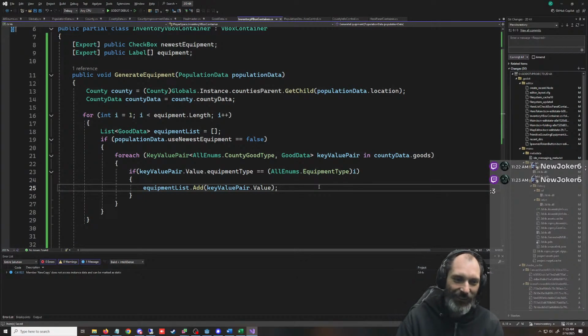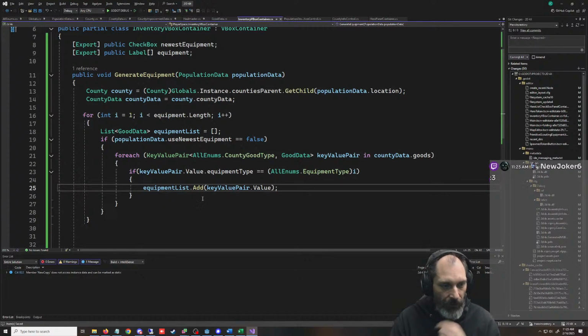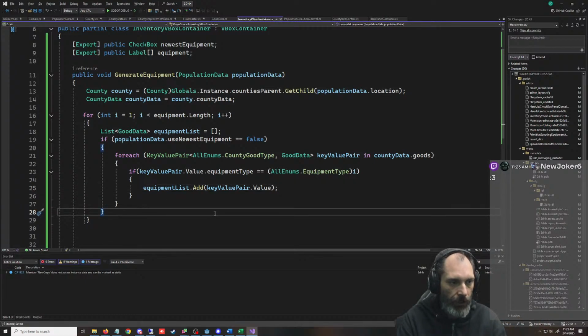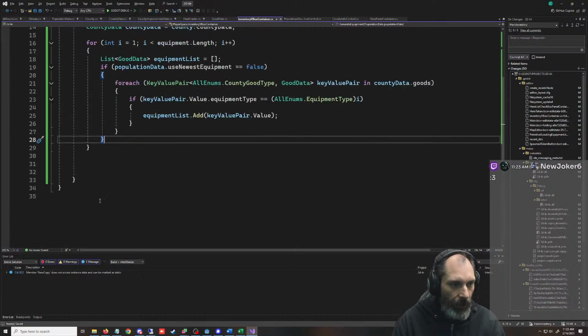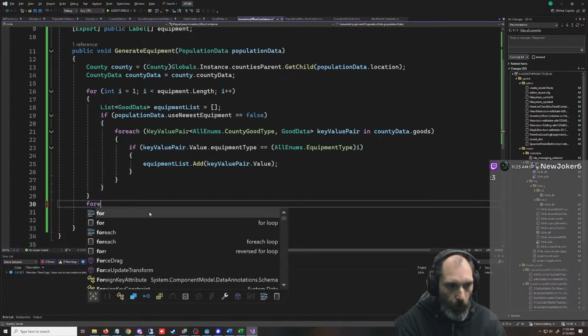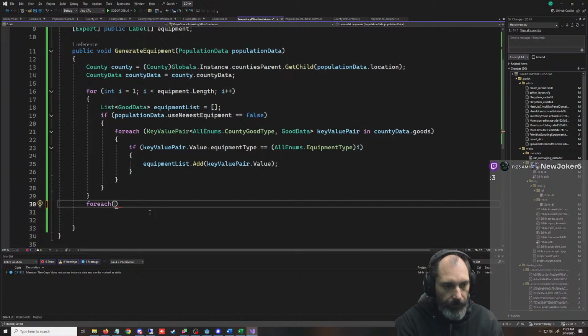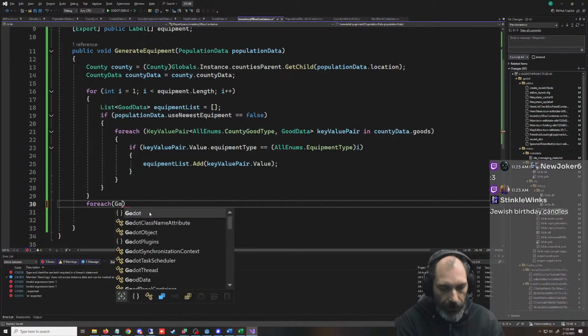The three one. So then we have this equipment list. And before we do anything else here, we need to call this. I'm going to need to pass in the equipment data, and then I'm going to do a test here because I'm not sure this is going to work. What's going on with these things over here? There we go. Then at the end of this, we'll do for each good data.